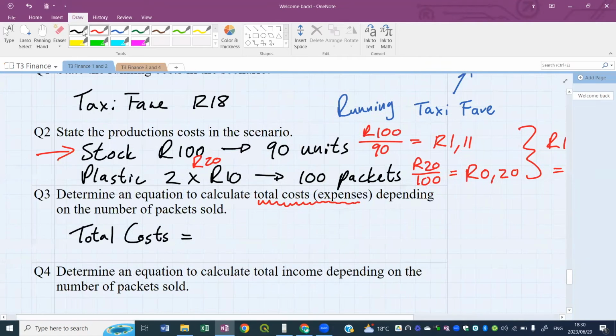Let's come back down to my formula on question 3. Do you guys have an idea of how we're going to do the equation here for question 3? The total costs of this venture of selling these cupcake packets consist of 2 costs, the running costs and the production costs. The running costs,